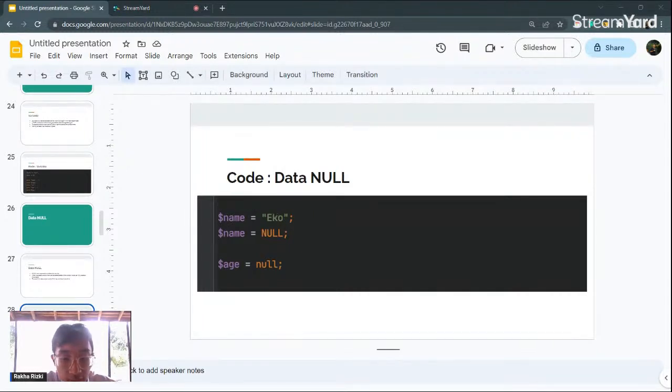Okay, we can practice in VS Code. So I will share screen again, the Visual Studio Code.